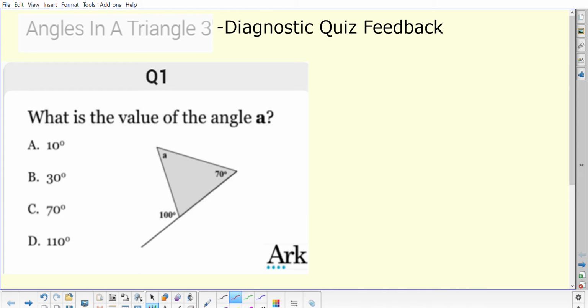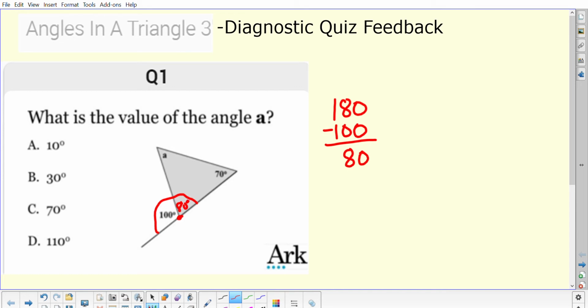So in the first instance, the angle we're trying to find is inside the triangle, but at the moment we only know one angle, so that's not enough information to help us get the one up at the top there. However, we have got this other angle here that is beside one of the angles inside the triangle, and it's making a straight angle, which means that it needs to add to 180 degrees. So if we do 180 minus the 100 that's there, that would give us this angle in here needs to